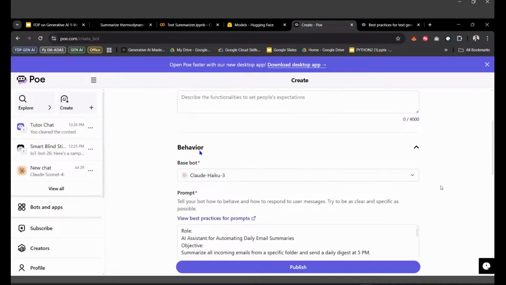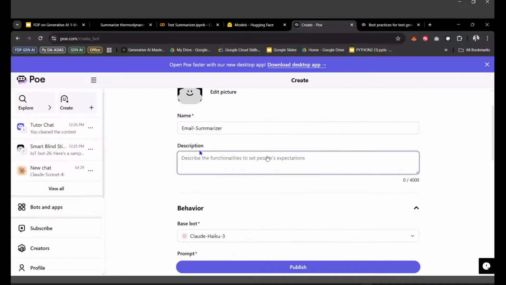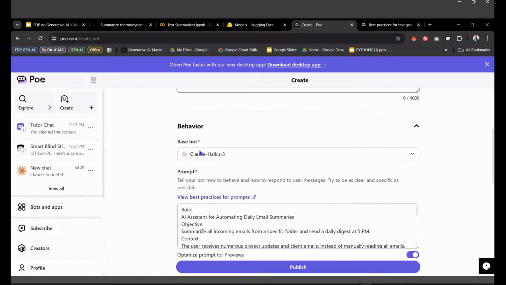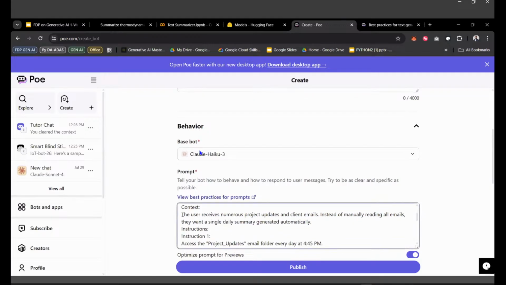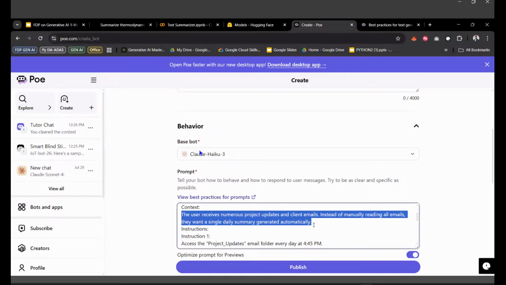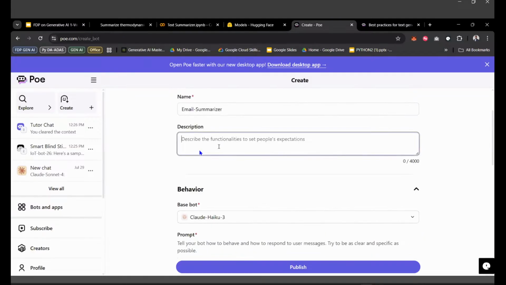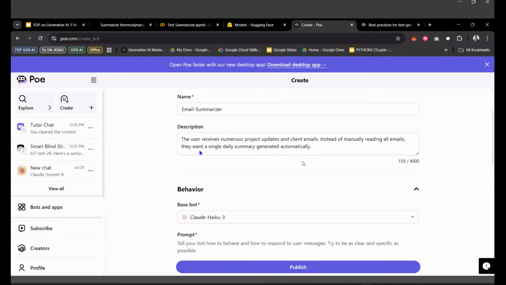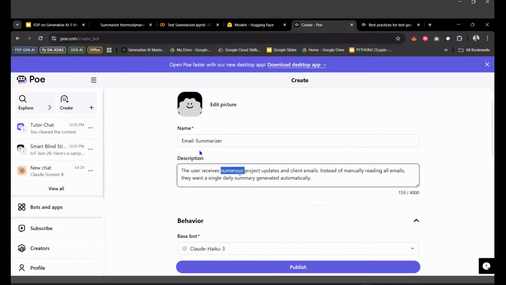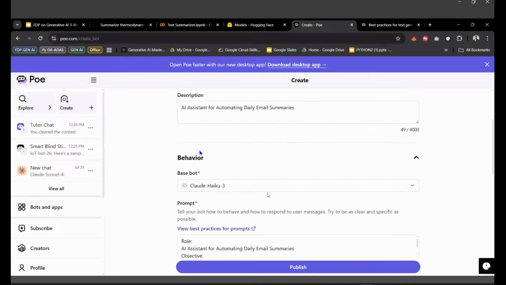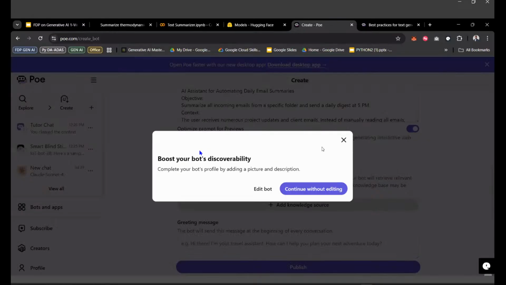Let me enable it, and for the description, I'll give it the same objective as my description, or my context as my description. Everything is ready. Clicking on publish and continue without editing.